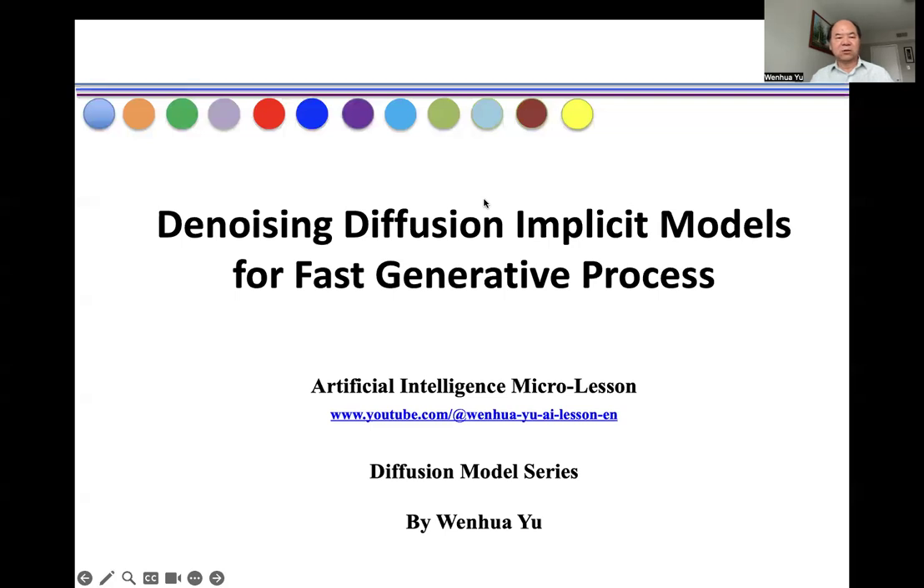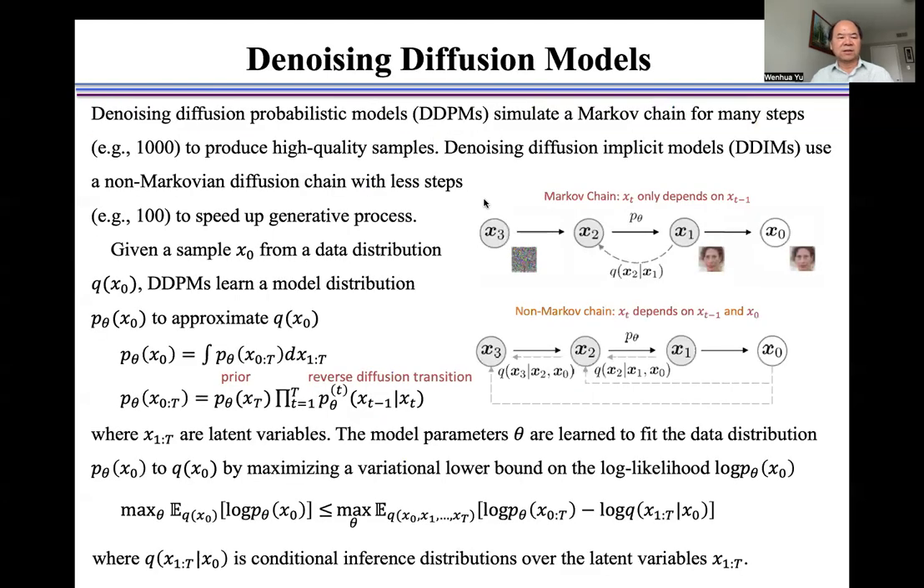In this video, I introduce denoising diffusion implicit models for faster generative process. Denoising diffusion probabilistic models simulate a Markov chain for many steps, for example, 1000, to produce high-quality samples. Denoising diffusion implicit models use a non-Markov diffusion chain with fewer steps, for example, 100, to speed up generative process